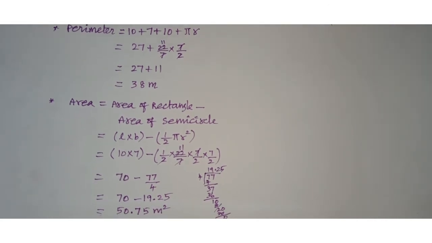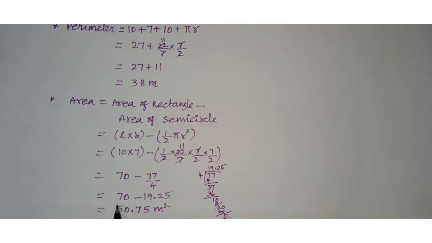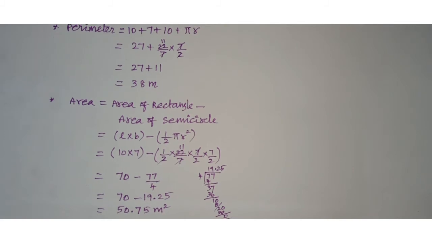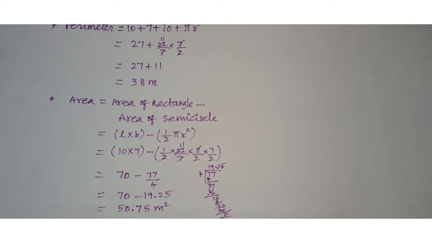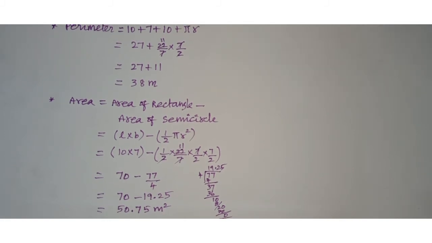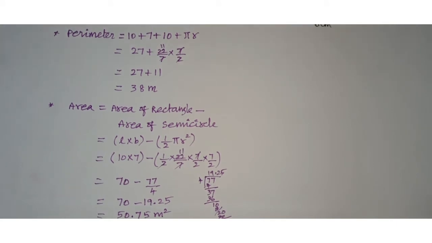Okay. So how do I subtract directly now? 19.25, you take it as rounded up to 20. So 70 minus 20, 50. And how much is required? 19.25 becomes 20.75. Here put that 0.75 value. Okay. So practically, sometimes we have to do subtractions practically. Okay, so do you understand the first sum?